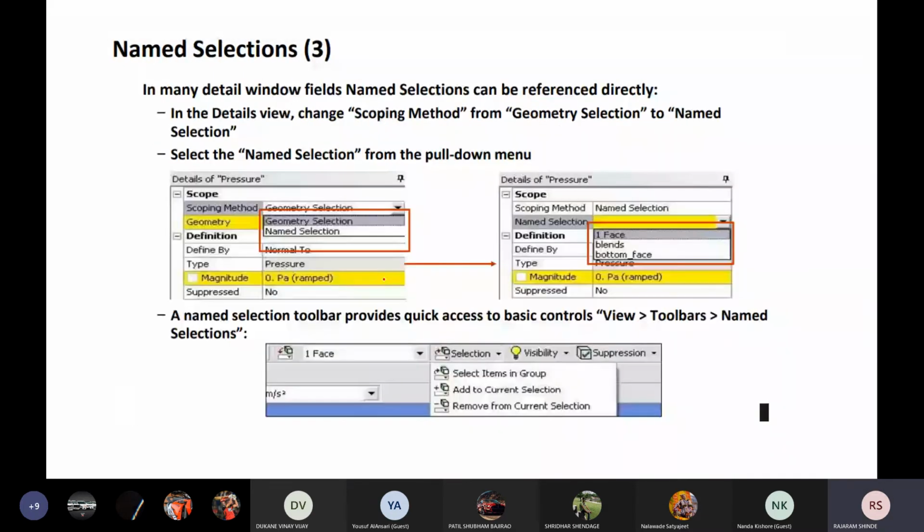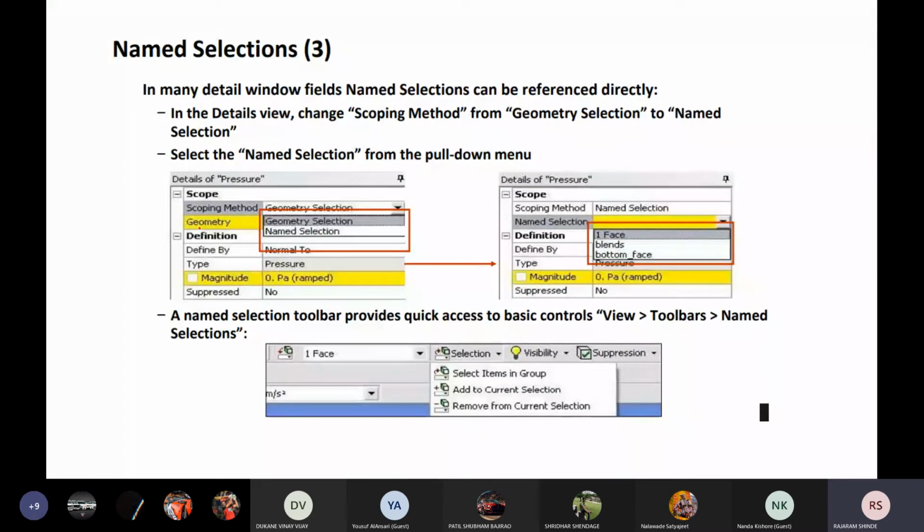In many details window fields, named selection can be referenced directly. In the details view, if you want to use any command, you can access the geometry or a part of the geometry or a set of elements by using named selection also. In details view, change the scoping method.